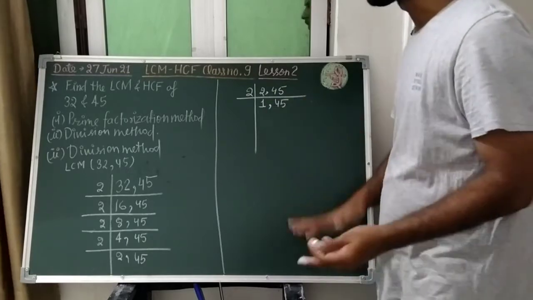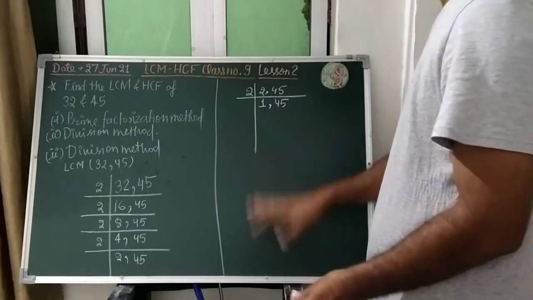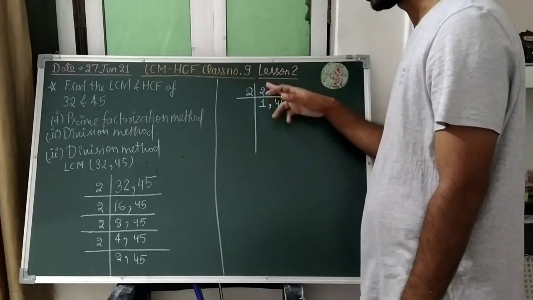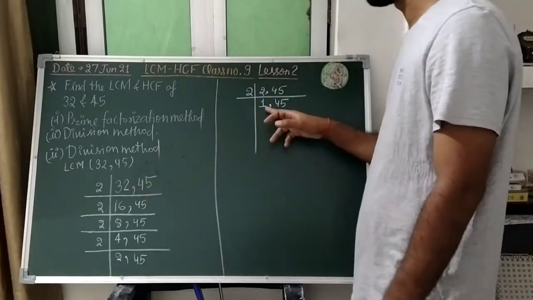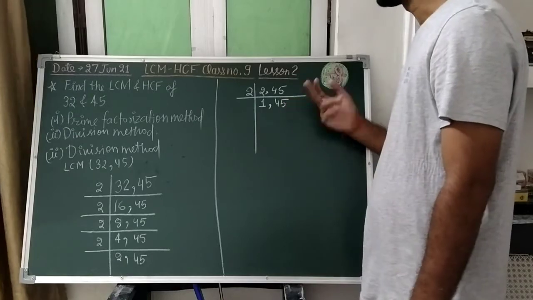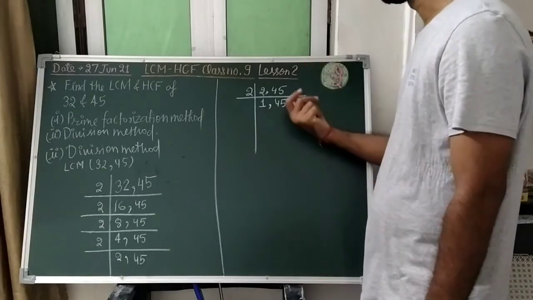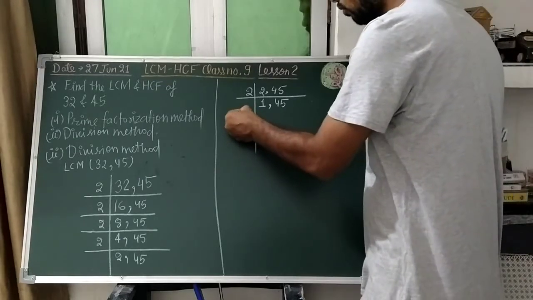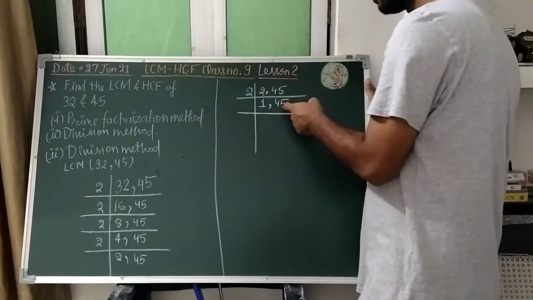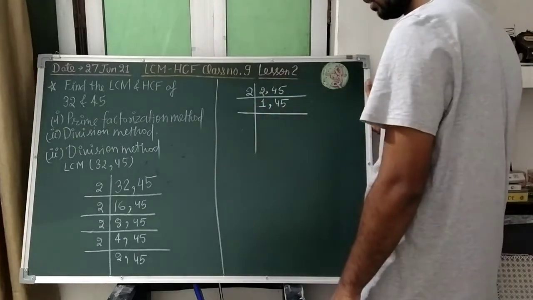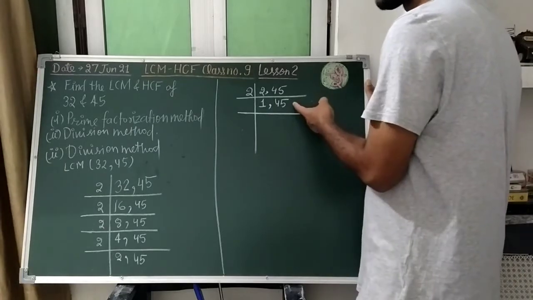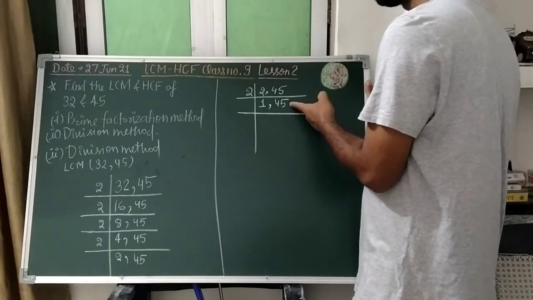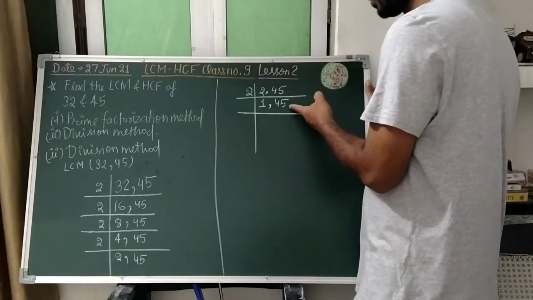So we will perform the task of selecting the numbers until we are not getting 1. So for the 32 we have got 1. But for 45, 45 is in the same way. So here 45 is left. So 1 we have got for this, 45 is left now. So whether 2 is going to divide this 45, since the unit digit is not an even number, 2 is not going to divide this.